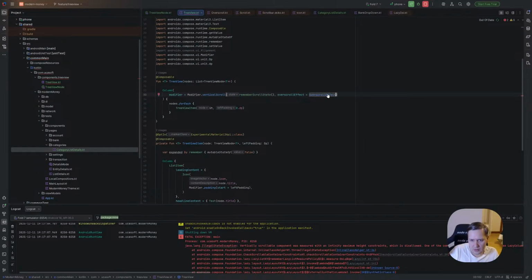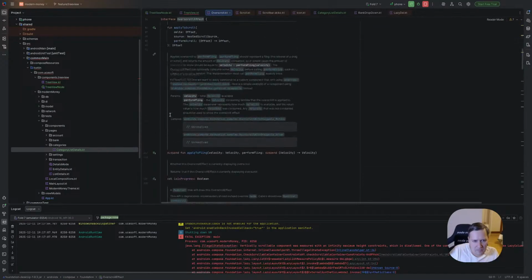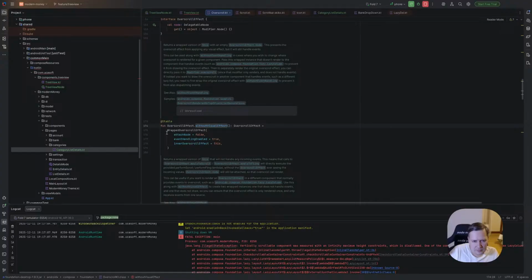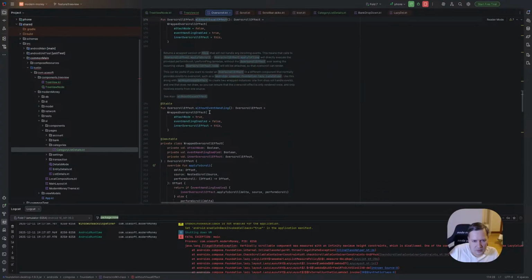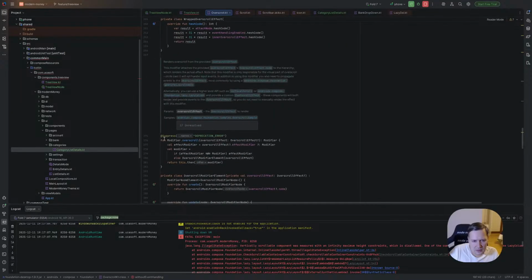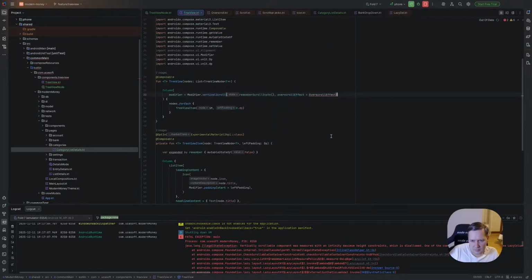Why don't I see it? Without visual effect, without event handling. Okay, don't know.